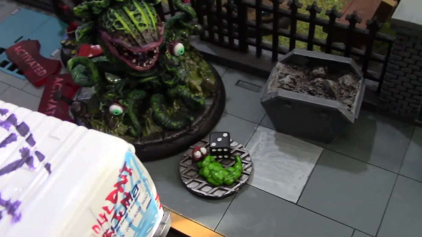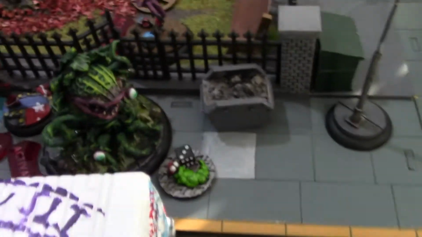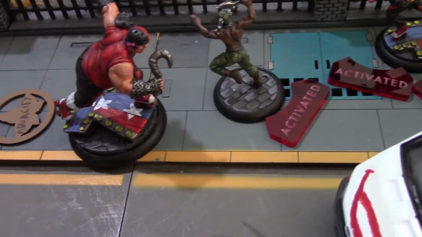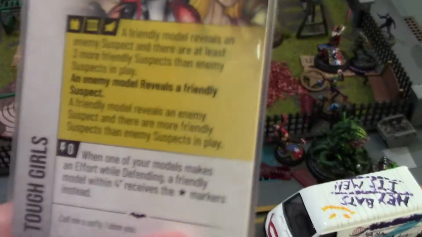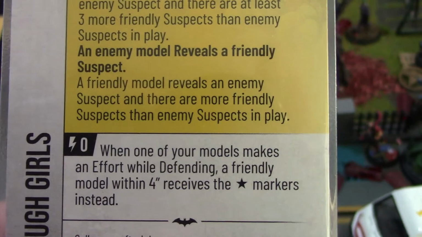And having said that, Frank actually activated next for the Birds of Prey as well. So he didn't have Audacity, so just the one action, but he can reveal suspect markers within 4 inches of him, and the stinky fish over here was just within 4, so he did that. Doing so enabled him to score Tough Girls, because it's not currently on, it's easier to score, if you remember from earlier. So there's currently more